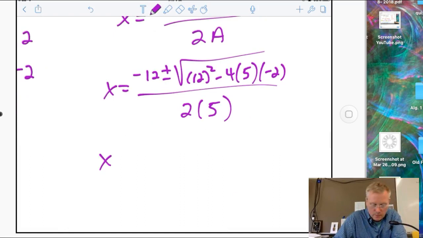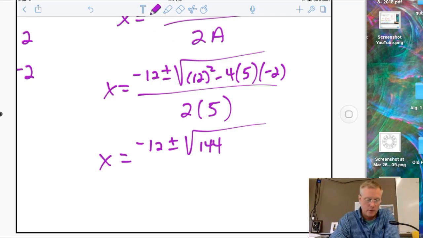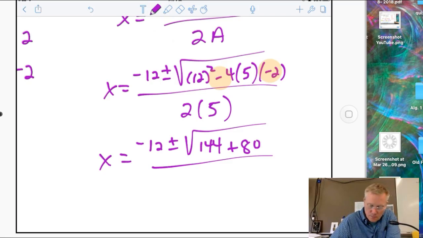All right, now let me start simplifying what's under the radical. That's called the discriminant. You don't need to know that, but it's good to know what I'm talking about. Okay, so here, I'm going to take a moment. I'm going to determine whether I have a positive or a negative number. I have two negatives there, or a subtraction and negative, so that's going to be a plus. And then I can multiply those three things together. 4 times 5 is 20, and 20 times 2 is 80. Let's try that again. 4 times 5 is 20, and 20 times 2 is 40. Just seeing if you're paying attention. And 2 times 5 is 10, okay? All right, next,